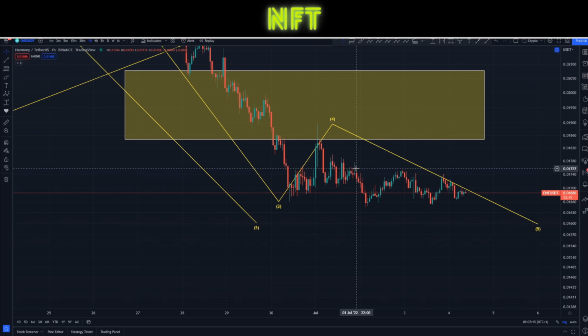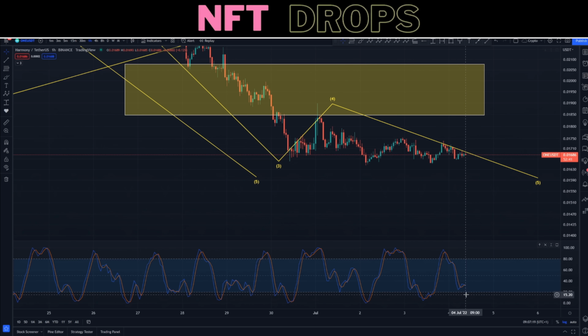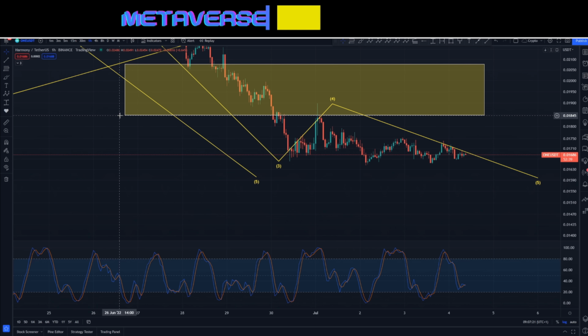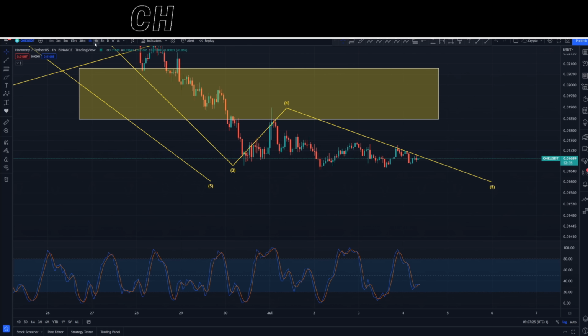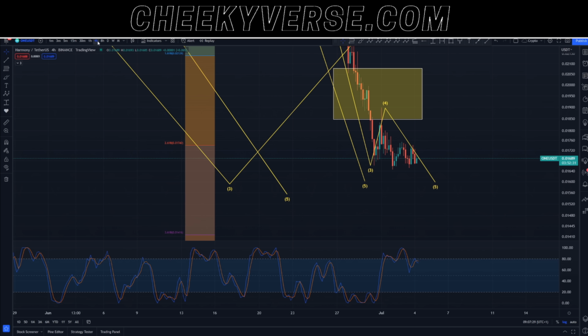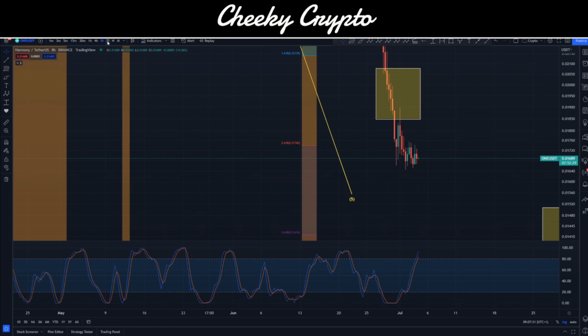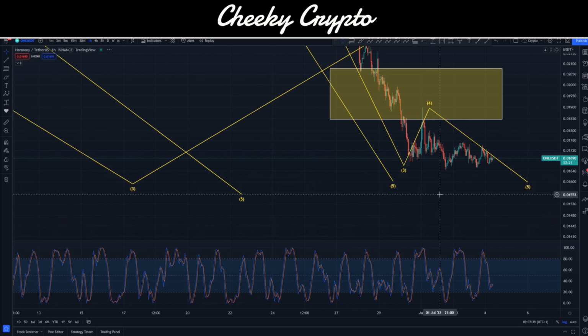Now in here, we can see that we're tracking down. We tracked back up, and we could potentially be tracking back down. We can take a look at the stochastic RSI, which is our momentum indicator, to help us understand how much further we've got to go to the downside, or whether or not we've got any move to the upside to be had here. Essentially the 4-hour needs to come down, the 8-hour needs to come down, the daily's in a really good spot. So we're looking for a really good surge upwards very, very soon. But we do need to see a little bit more room to the downside.